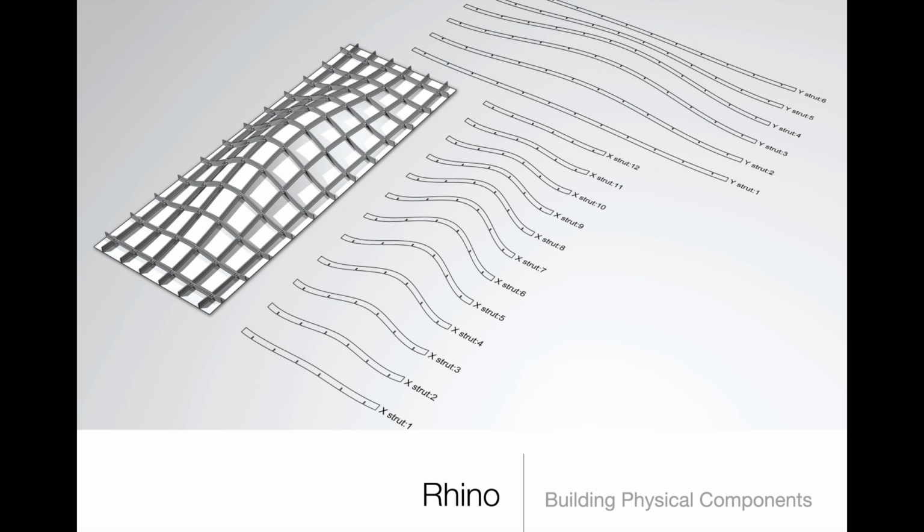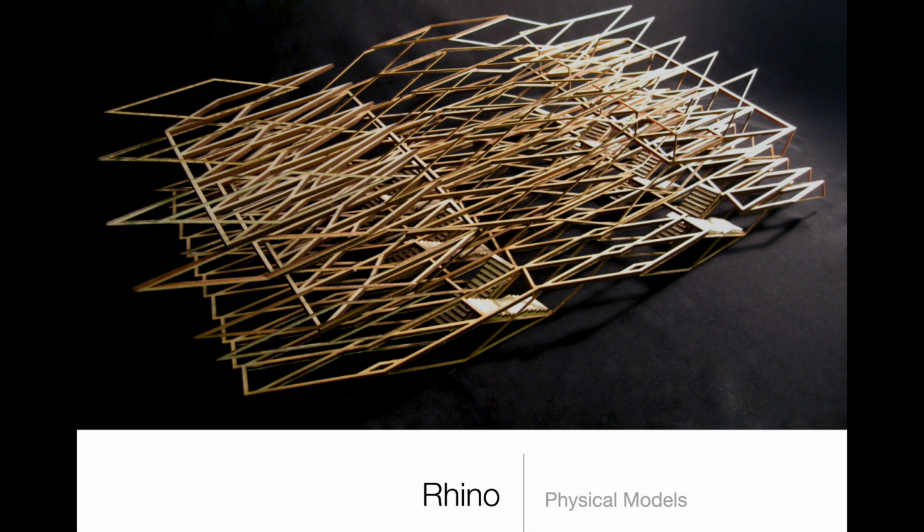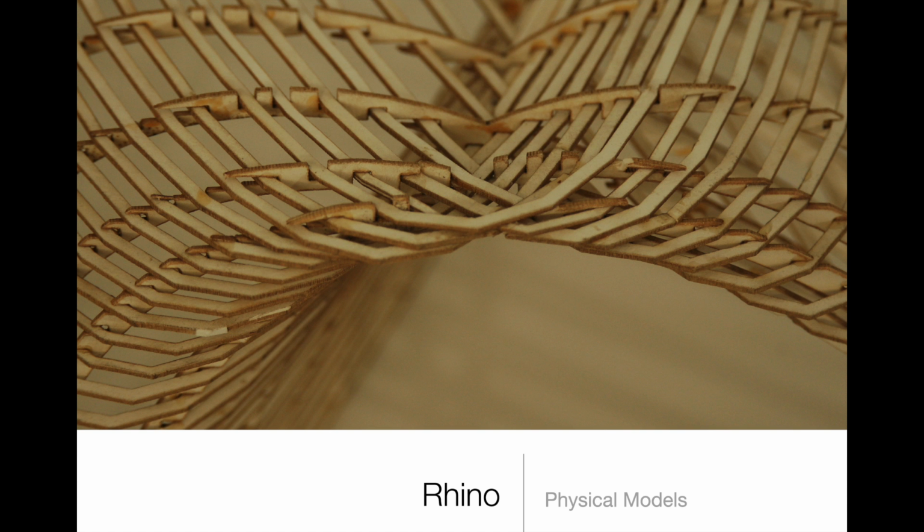So from here, I'm going to start showing you a bunch of examples to show you the kinds of things that we're doing. This is a digital fabrication building components example. These are some laser cut examples. There's another example of laser cut. These are all models that people have done in Rhino and are kind of professional models.